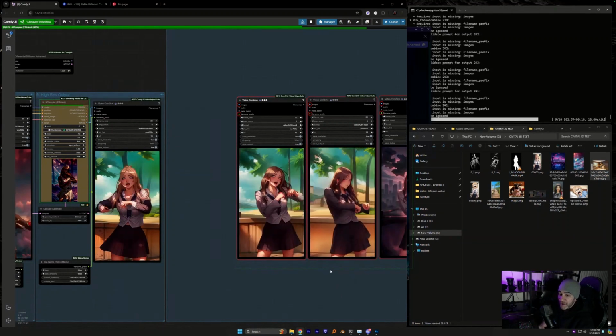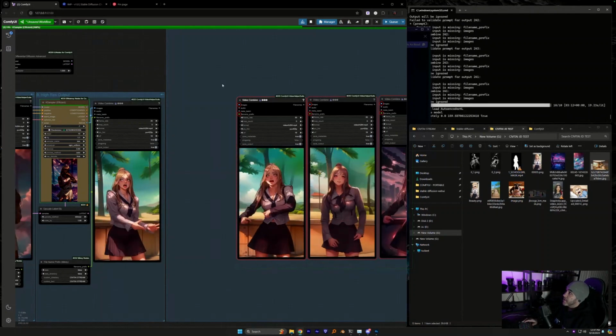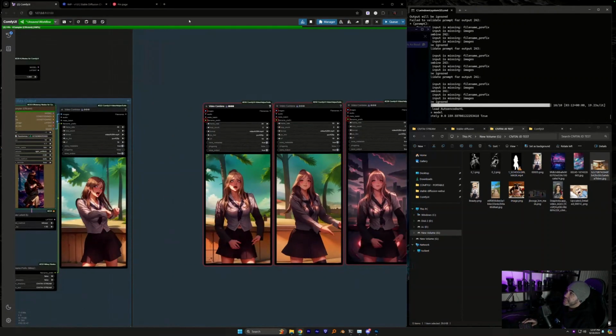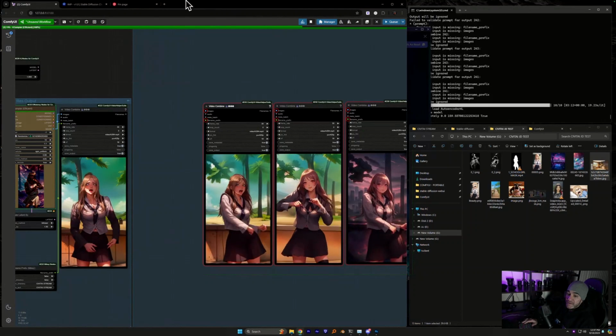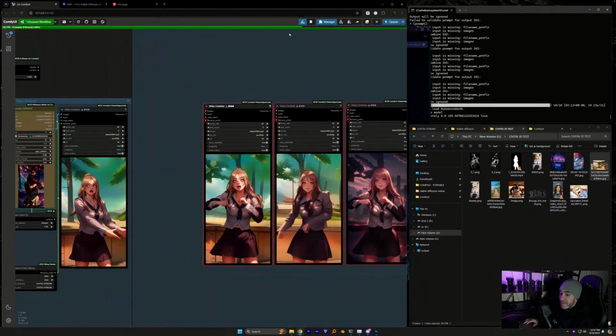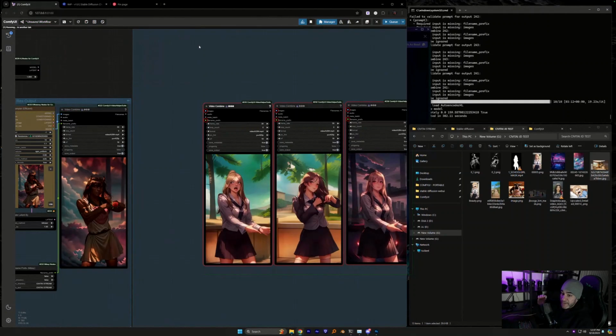I'm not too sure what the black bar on the top. You mean this thing? Yeah, if you update Comfy to the latest version, this is just what Comfy is now.